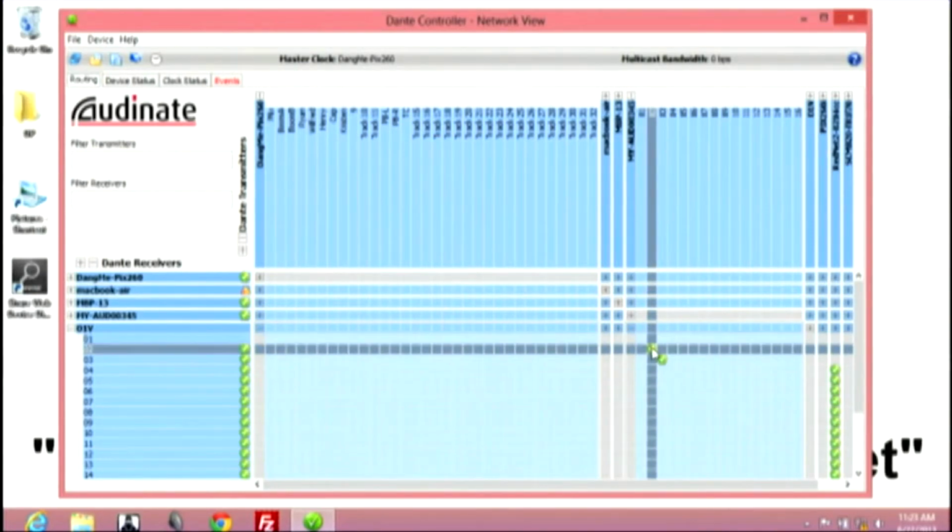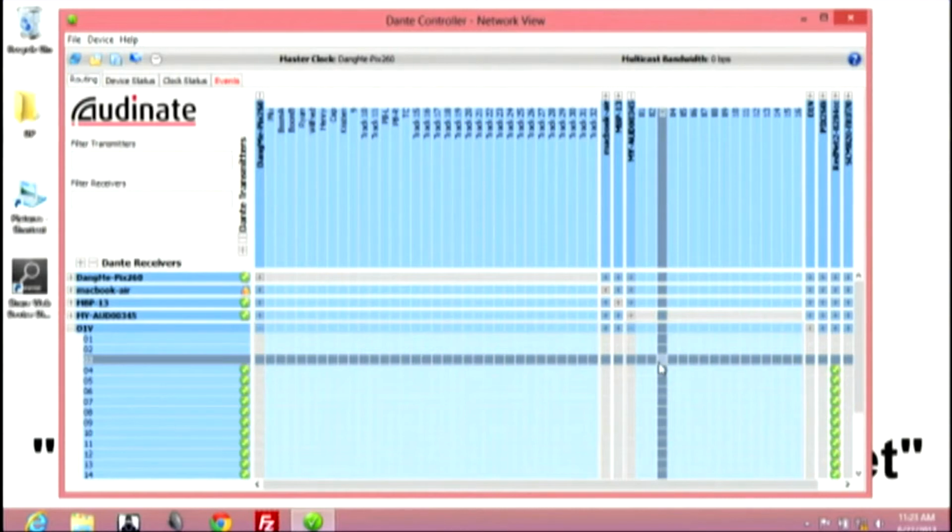There are also things called multicast flows. You can set up a multicast flow in Dante Controller, and it would be used if you're going to send one signal to multiple devices simultaneously. You might want to set up what's called a multicast flow. I think Audinate recommends that if you're going to send more than 3 things at the same time, you create a multicast flow. And multicast is basically just